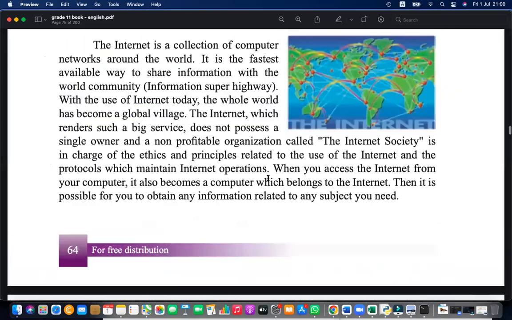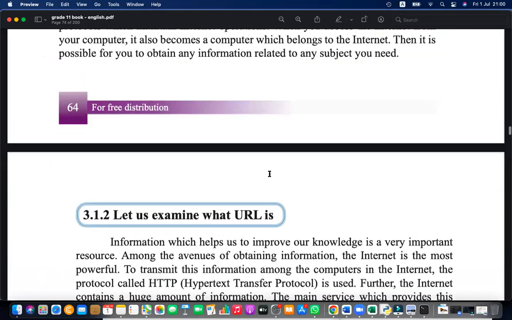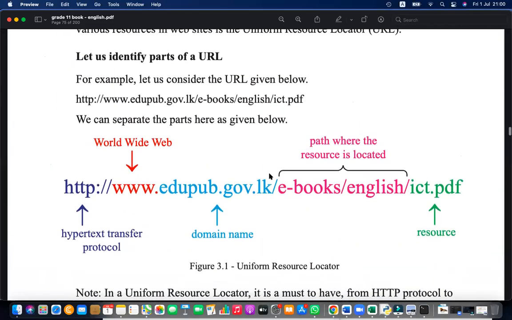Okay, let's go back and see how these things are happening. The main unit in internet resources is a URL, Uniform Resource Locator. It is the resource link. The initial part is the protocol, the set of rules. This says this should be a website, I need a web service. Then World Wide Web, that is the service required, and this is the domain name.